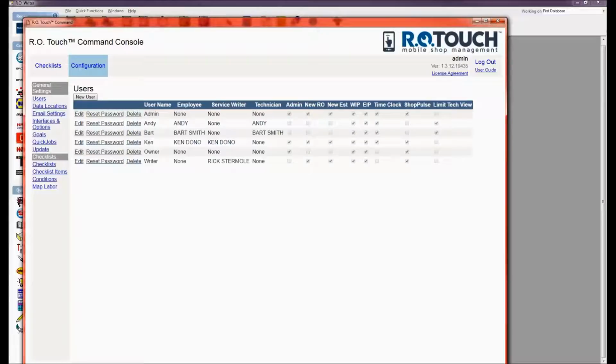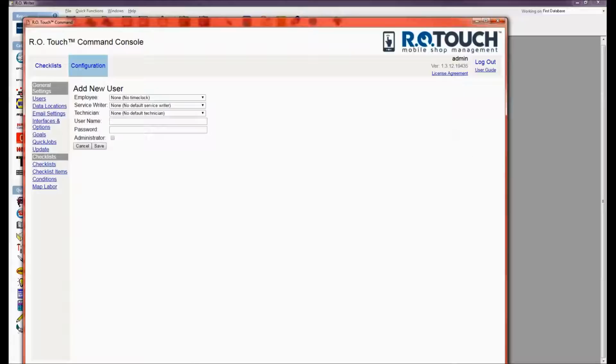So to set users up, we click on the User tab, and you'll see I have some pre-configured users here already. If you look, here's my admin user, and I have all the permissions across the board for this particular user. I also have some technicians and a service writer. To create a new user, it's the same each and every time. It's clicking on the New User tab. You'll search your employee index